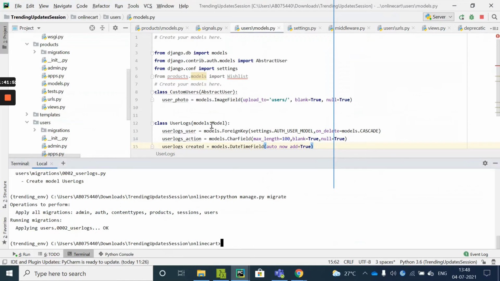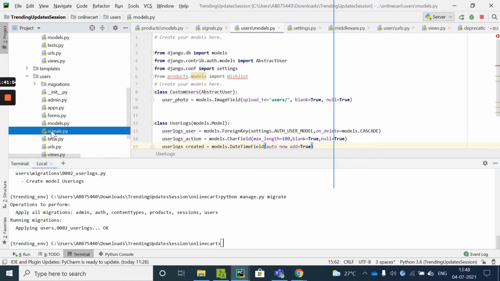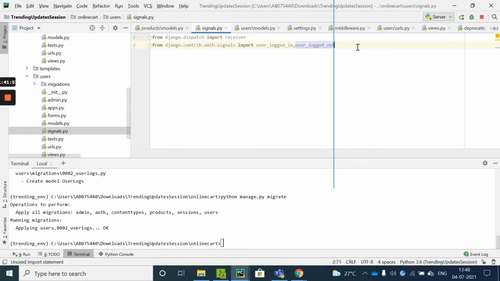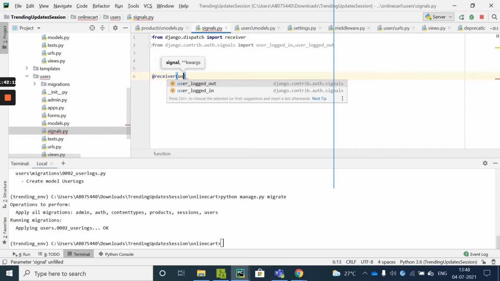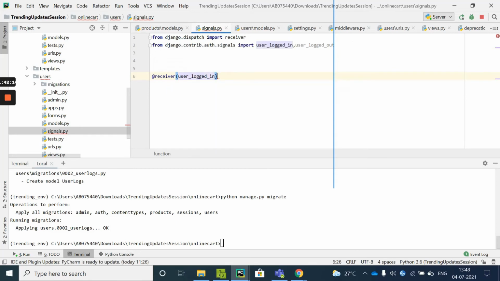So I was discussing the signals now. When coming to signals, I took up all these things and say @receiver user_logged_in. It is as simple as that. When the user is logged in, perform this operation. So I'll just say user logged in signal.